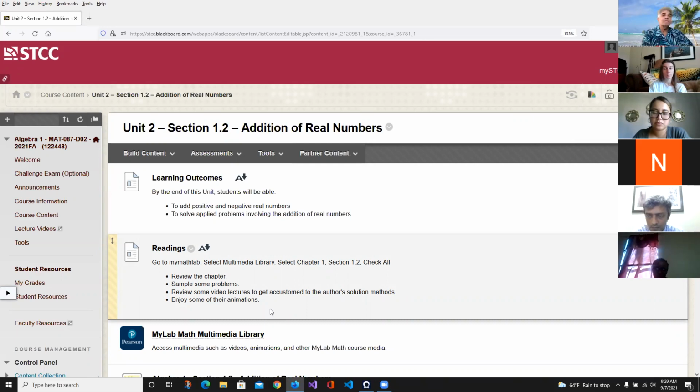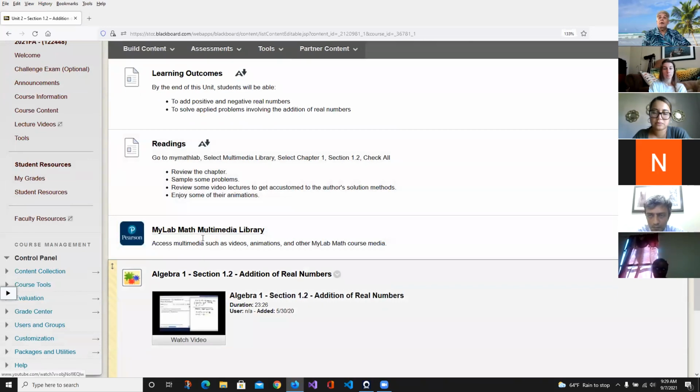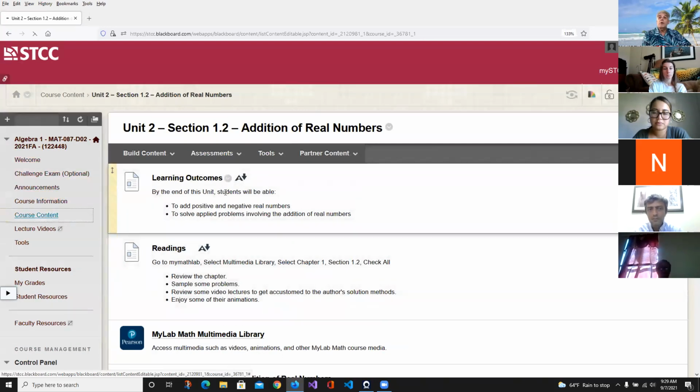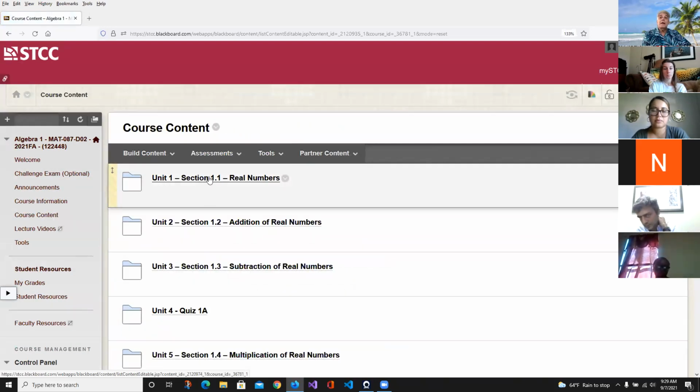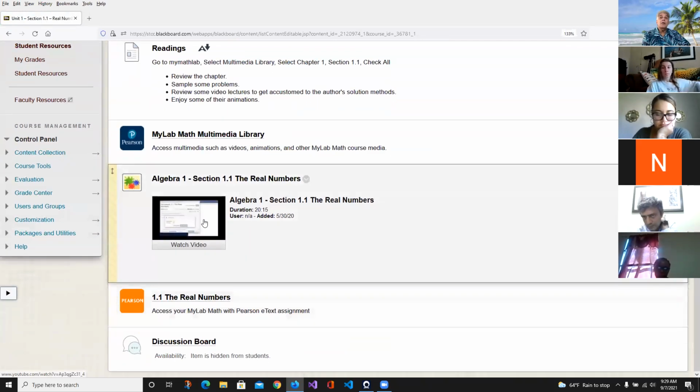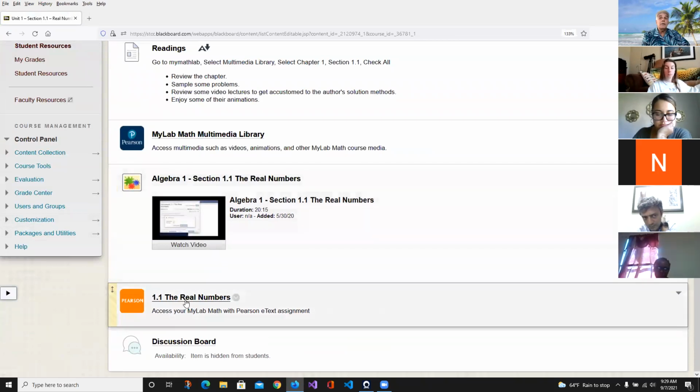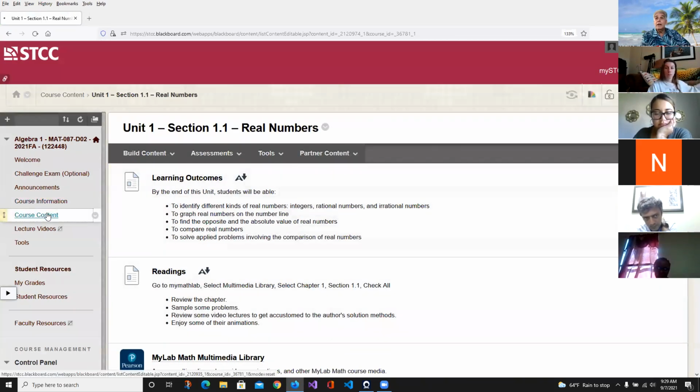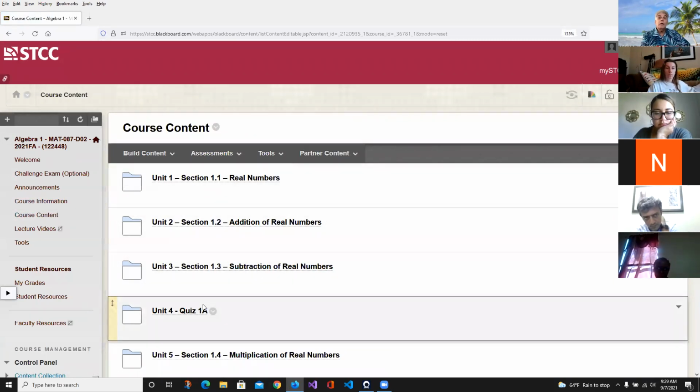But yeah, each of these units is structured the same way. There's your video, right to the video. There's your homework. Then go on to the next homework, unit 1, unit 2. Now quizzes, there's nothing new.